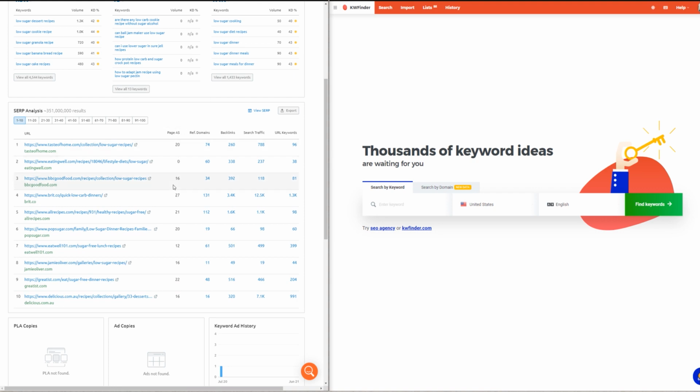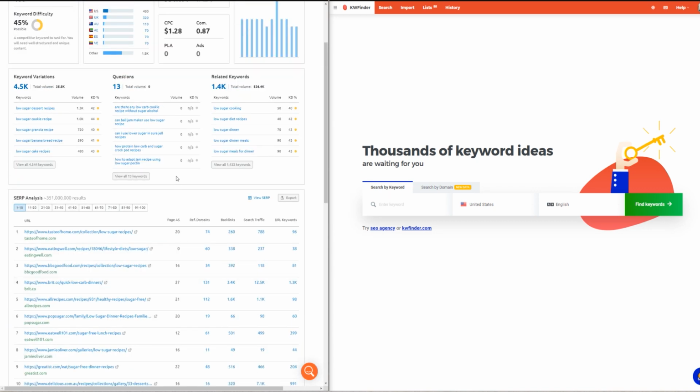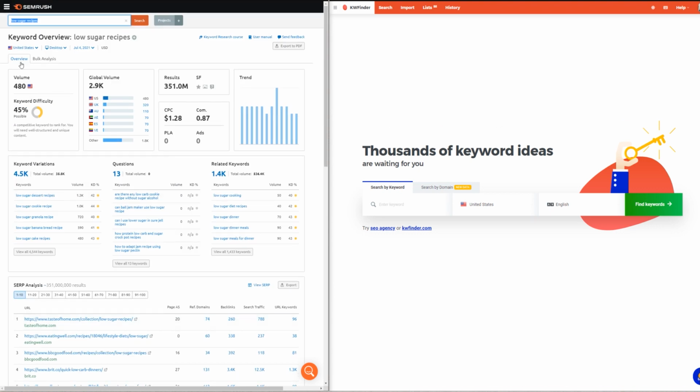So the only issue I have with this is it's not a common way of measuring the domain authority. So you would have to work out what would be your threshold. Usually with the Moz authority, I go for having a couple that are under 20 in score. That will tell me it's relatively low competition. But I can see straight away that this is a high-end tool because it has given me a lot of information. Okay, so let's search on low sugar recipes on